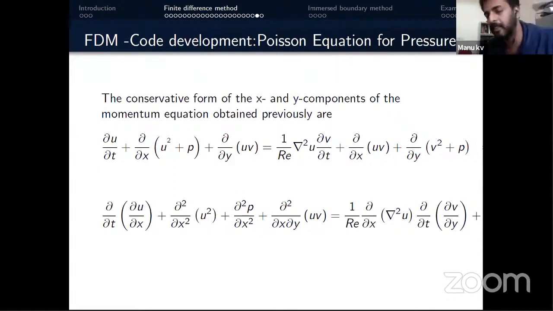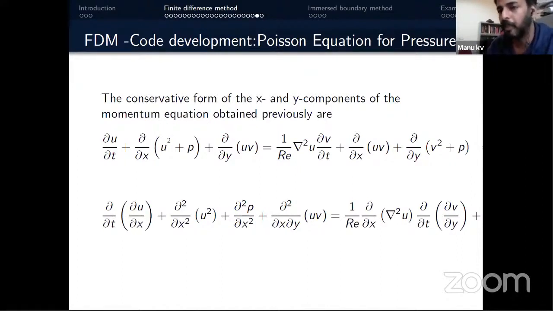Okay, so far we looked at the Navier-Stokes equation. We can write all the terms in the Navier-Stokes equation using any spatial discretization scheme combined with the time advancement. So now we can easily discretize the Navier-Stokes equation and get the difference equation. Now the problem is, how do we include the conservation of mass equation for incompressible flow?